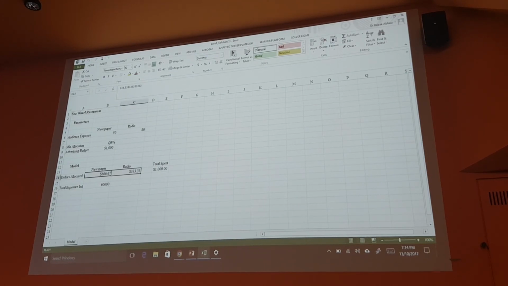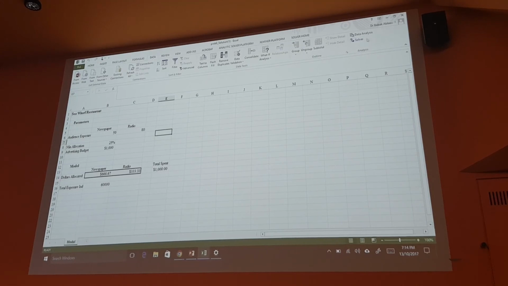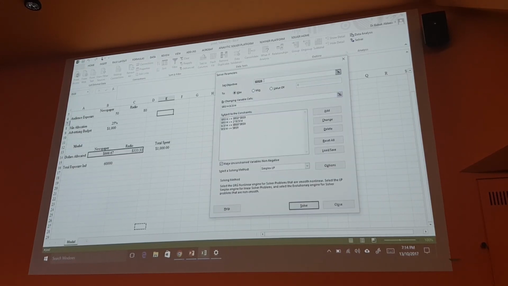This is our decision variables. If you go to Data, Solver to solve this one, this is our decision variable. The objective function is